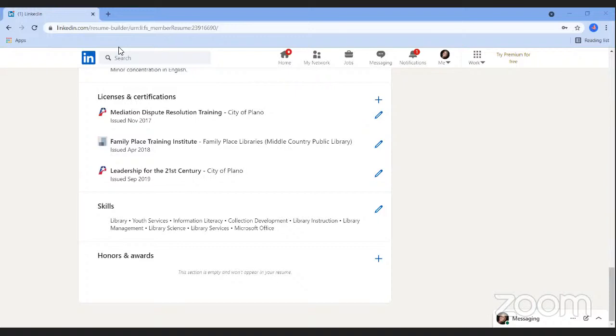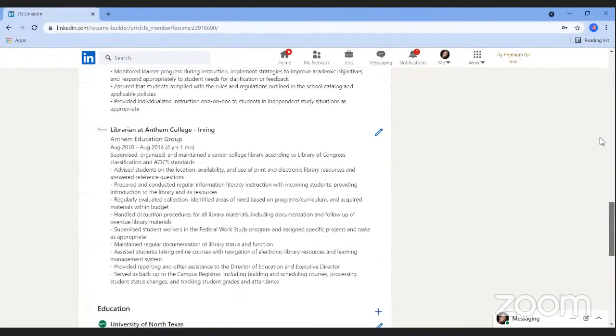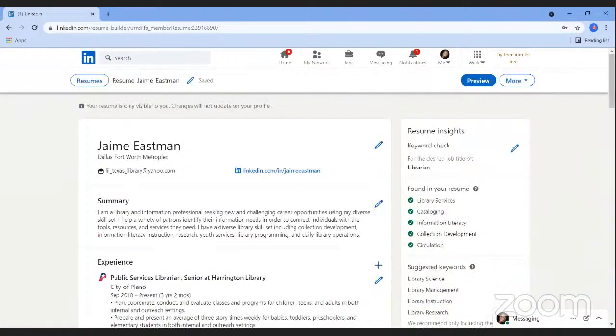Okay, so we've gone through how to customize the different sections of our resume. The next thing we're ready to do is download and rename our files. The resumes that we create in LinkedIn can be accessed from my profile at any time. And if you are creating multiple versions of your resume, it may be useful to rename each one so you can easily recognize it and you know which documents you want to work with.